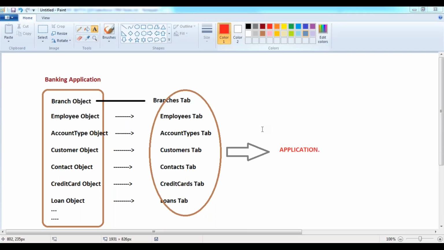So now here in this case, what exactly is an application? An application contains a collection of tabs which provides various user interfaces to manage that application specific data. You can take any application, banking, finance, insurance, anything. To manage that banking related data, to perform your transactions, we are using so many user interfaces, right? Those user interfaces are given by tabs over here. So we call the collection of tabs an application.